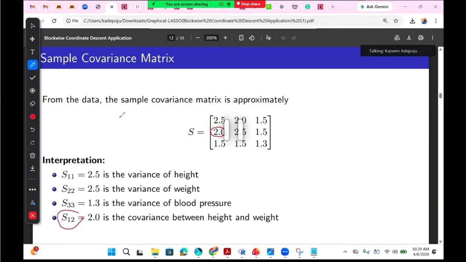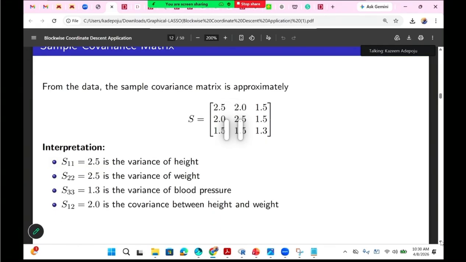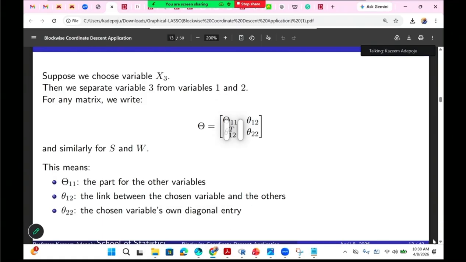Then I'm still going to have a covariance between the blood pressure and weight and so on like that. Now, after that, please pay attention. I'm just using this as an example to understand the block descent I'm talking about. Now, I want to partition. I want to partition now. What I'm doing now in the partition, you can see this is